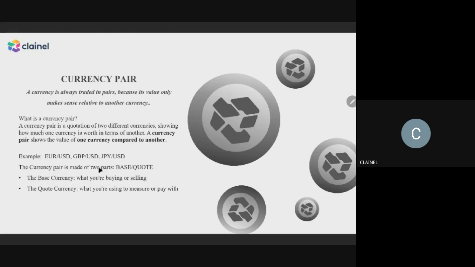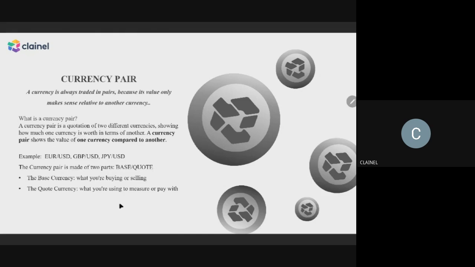So currency pairs are made of two parts. We have the base part and the quote part. So what is the base currency, you might ask? The base currency is what you are buying or selling. That's the first one right here. In this example, the euro represents the base currency. So this is what you are buying or selling. Then the quote currency is what we have on the other side, which is what you're using to